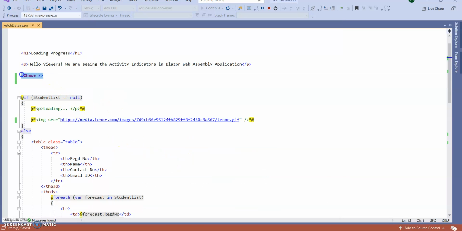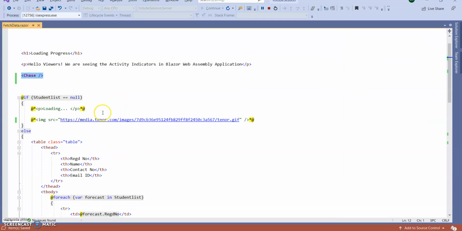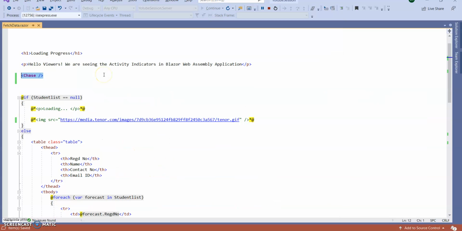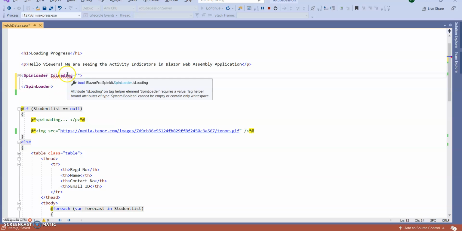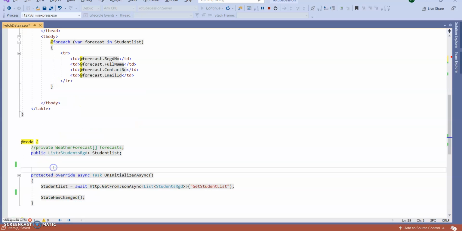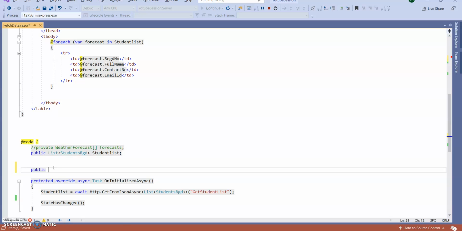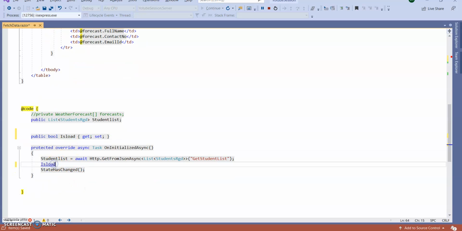So how can we display the loader before loading the data? For this we have a component called SpinLoader. Here, Loading always takes a boolean value. So I am creating one property here, public bool IsLoad.